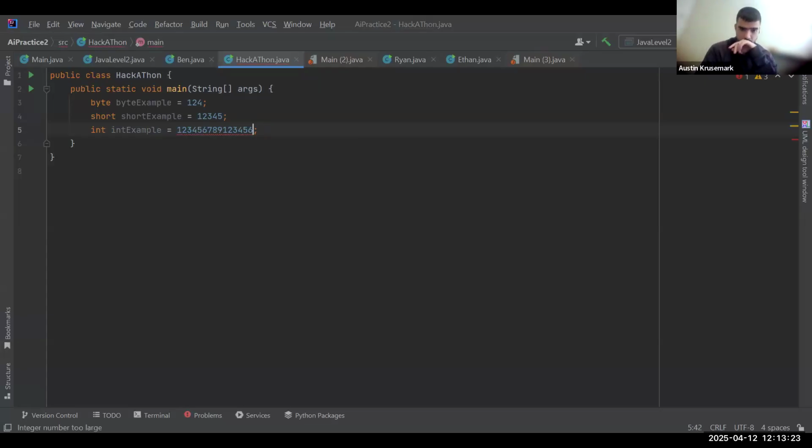I forgot the exact range, but as you can see, it can actually hold 10 digits, so we can get it to like a billion. So now we're going to do long. This one's kind of weird,